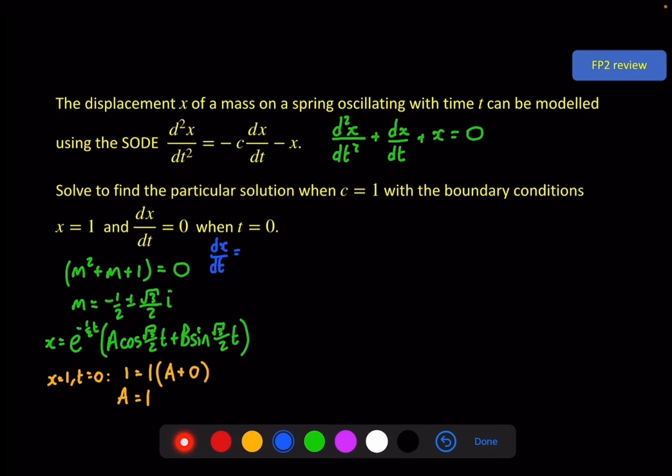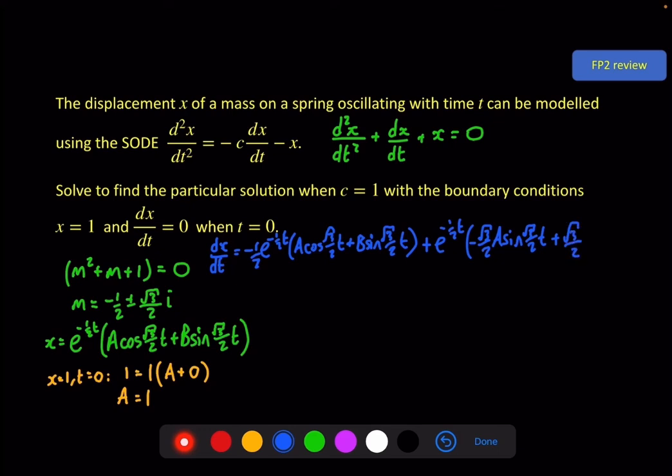So if I differentiate the exponential first, and then leave the bracket alone, then leave the exponential alone and differentiate the bracket, and then we have plus root 3 over 2 b cosine root 3 over 2t,